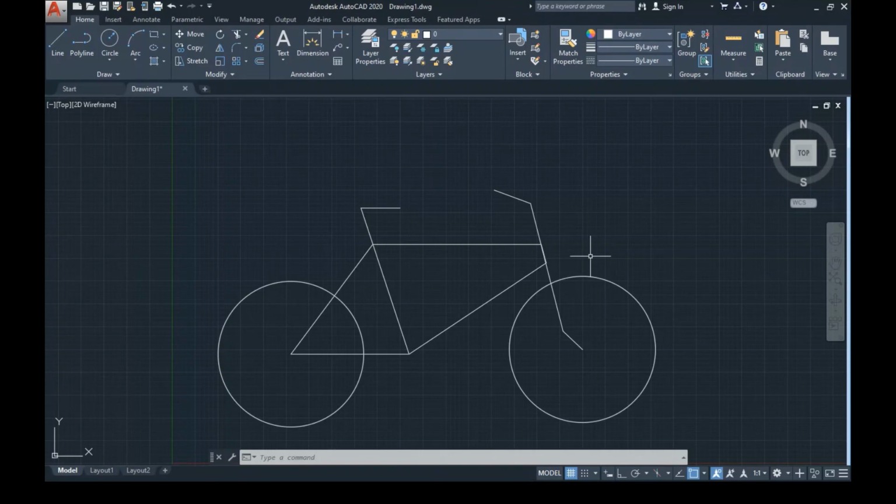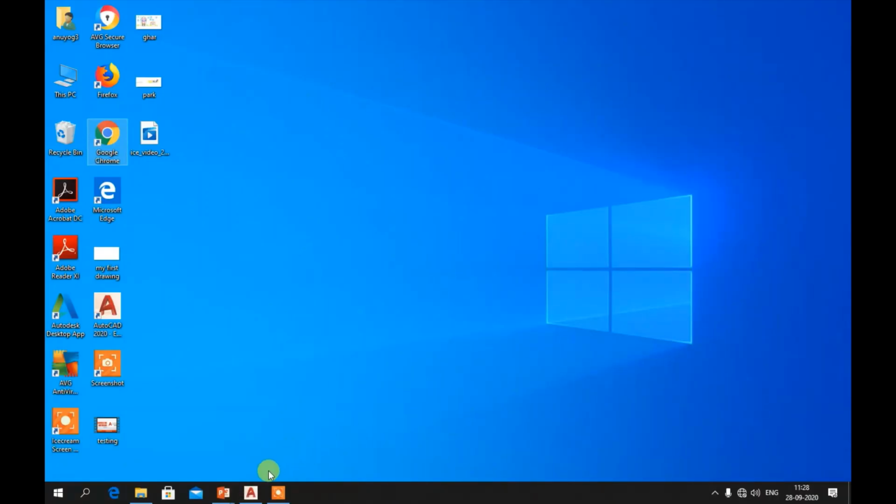The idea is to start with something, because if I start with theory, you will not know what is going on. Look, I need you to understand the difference between zoom and pan. Also, just think about what the difference is between pixels and vectors. This is the most important concept in drafting, in computer aided designing. So I would like to hear in the comments what the difference between pixels and vectors is. Though I will cover it in this tutorial, I want you to feel that you can also start learning yourself. Fine. You can always save this file. For the time being, I'll move to our presentation again.